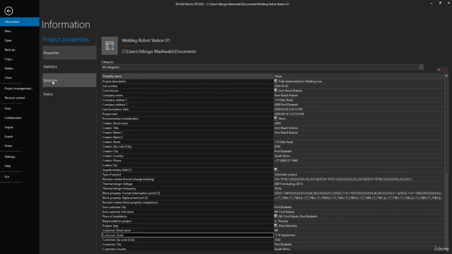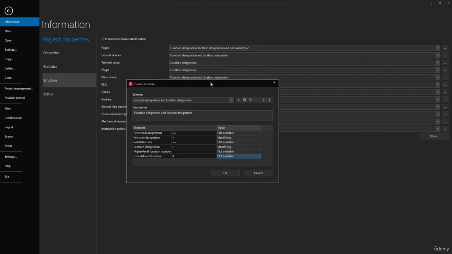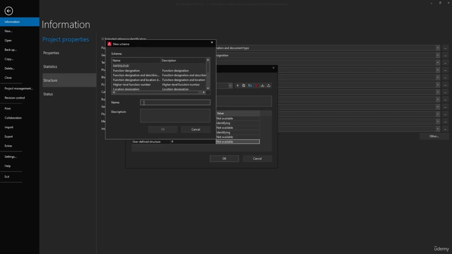So to kick off our structure, we'll just click on Structures. So I'll just create a new structure for all these right here from General Device, Terminal Strip, Plugs, and so forth. I'll create structure identifying for them. So to create that, I'll click on the three dots and then I'll click New for a new scheme. So I want to create a new scheme. I don't want to use the scheme that they have right here. I want to create my own scheme. So I will just click on New and then I'll write